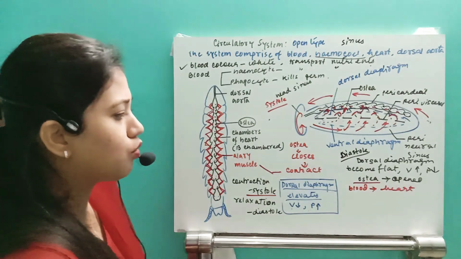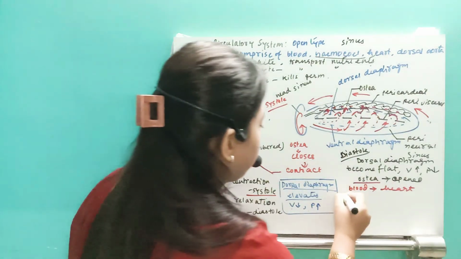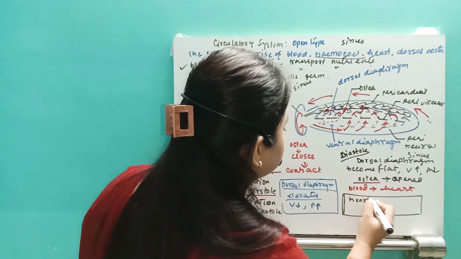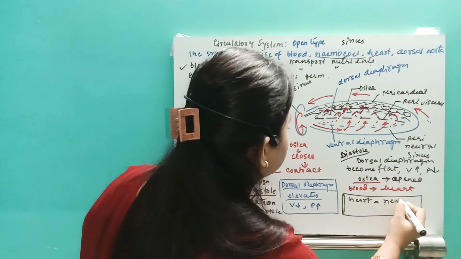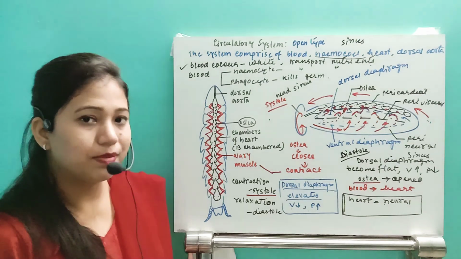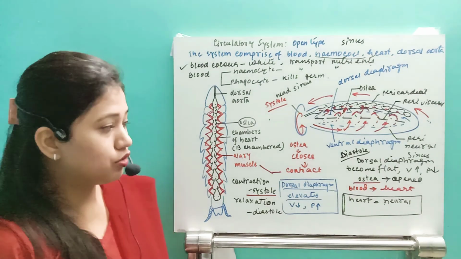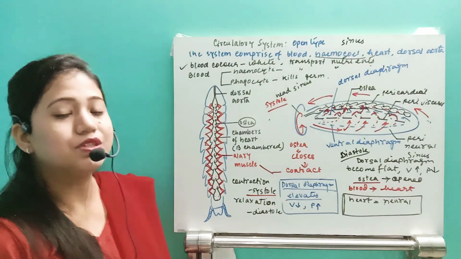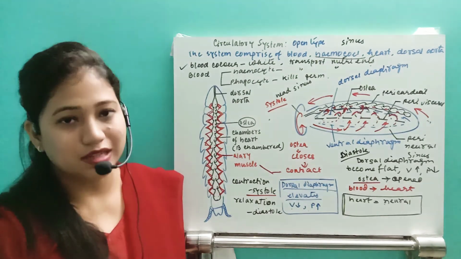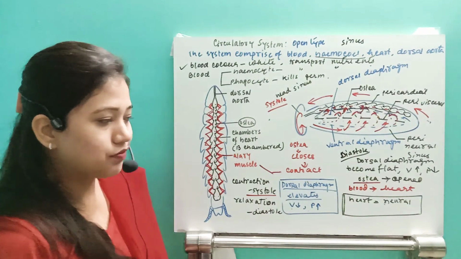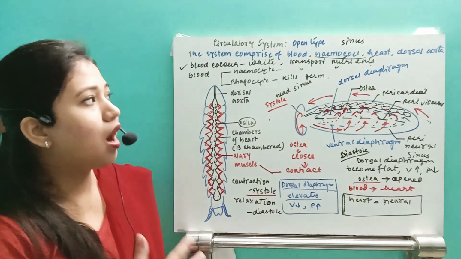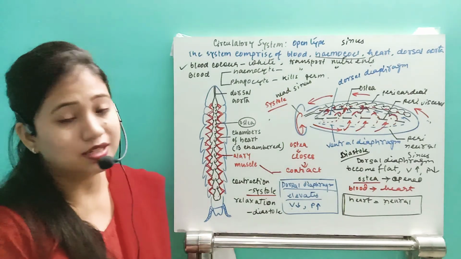If you want to know about the type of heart, this heart is the neural heart. That means the heart pumping is actually controlled by the nervous system, not the muscle itself. In case of our heart, it is pumped by our muscle itself, but in their case it is controlled by the nervous system. So that is about the heart functioning, how the systole and diastole occur.